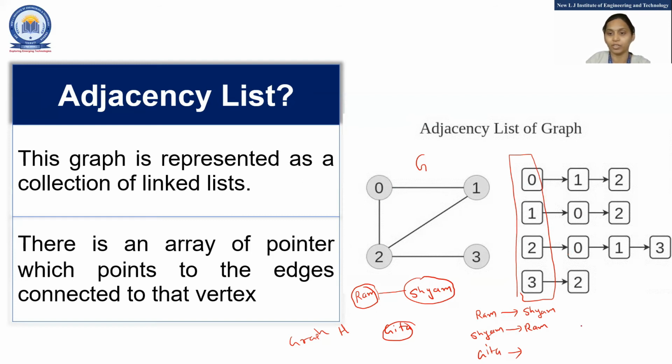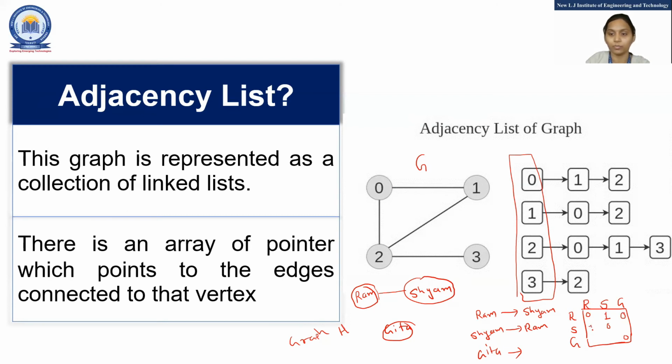So this way you can represent the adjacency list. Take this example and try to do this in the adjacency matrix way. Here also you have to write Ram, Shyam and Geeta. Now this is 0 because there is no loop. Now Ram is connected to Shyam? Yes, so 1. Ram is connected to Geeta? No, 0. Shyam is connected to Ram?